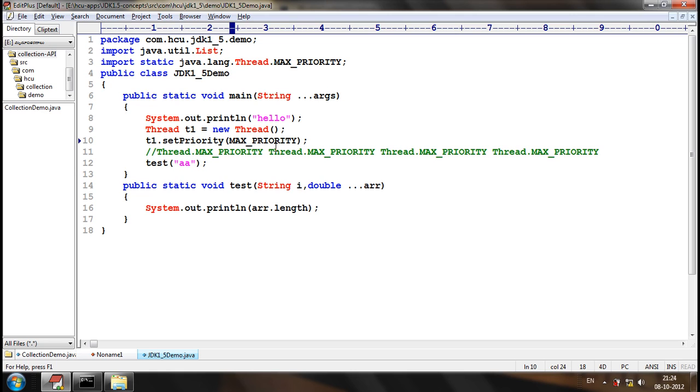We should use static imports only if it is used at multiple places. If it is used only at one place, static imports are not useful. If the same static member is used at multiple places, then only static imports are useful.